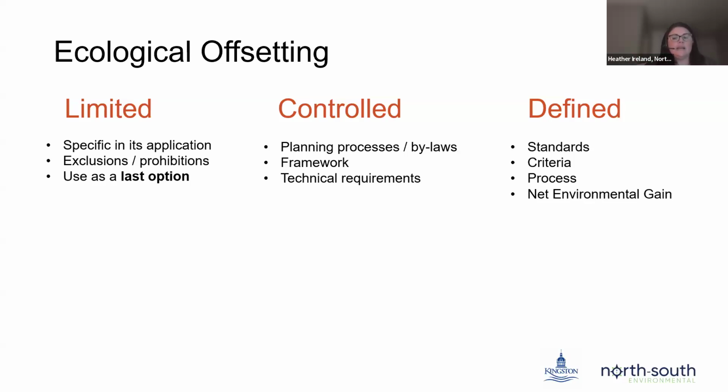However, the study does emphasize that if the city does pursue offsetting, it should only be considered as a last option, after avoidance, protection, and restoration measures have been applied in the instance of looking at development. Any offsetting must really follow a clear framework and aim to achieve a net environmental gain, ensuring ecological function, connectivity, and resilience are being maintained and improved. It should be a very structured, clear process with direct criteria.